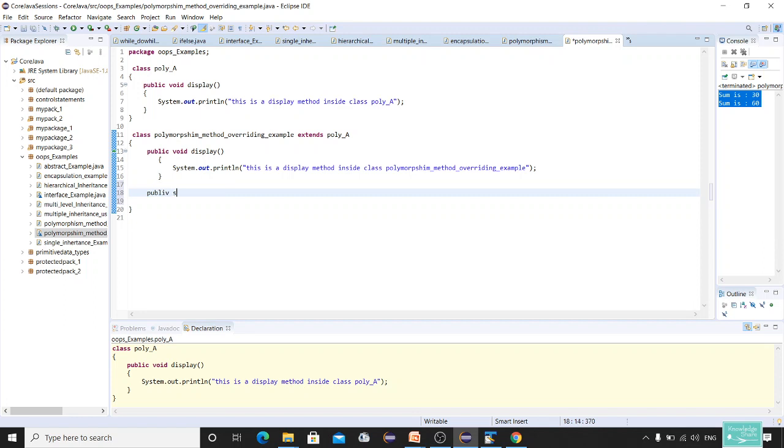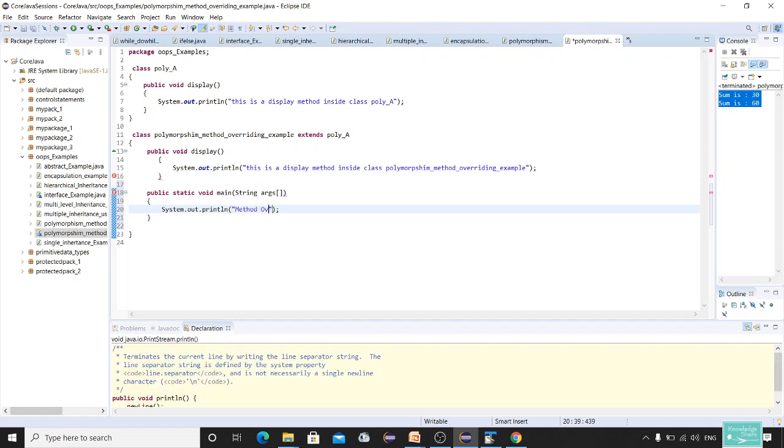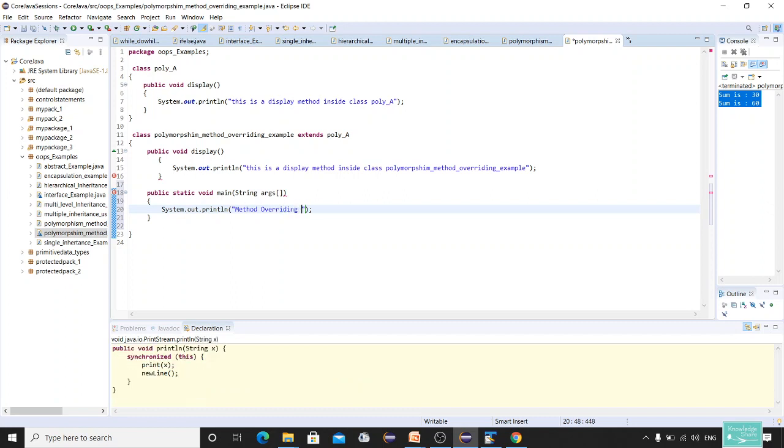Okay, so I'll say public static void main string args, method overriding example. Okay, now let me create an object.